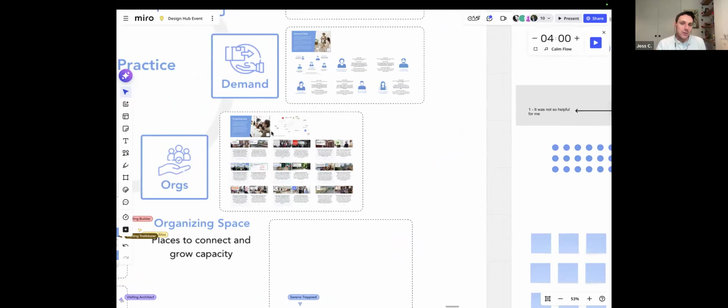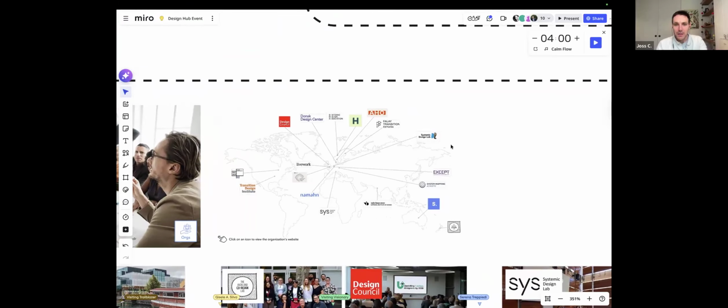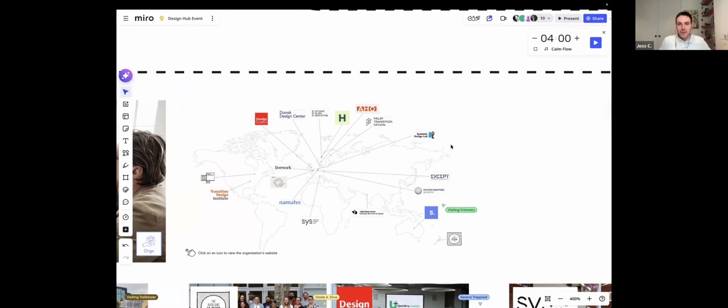As mentioned, organizations, which many of those people are part of. Here we are again with the map. A couple in New Zealand and Australia. Really interesting co-design lab in New Zealand. Again, these are all linked in the paper, so you'll be able to see them quickly. Maybe Giselle, you could grab some of the comments, some of the feedback in the chat and put it on the board if we don't have it there.